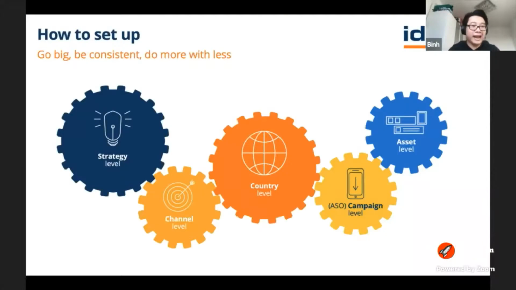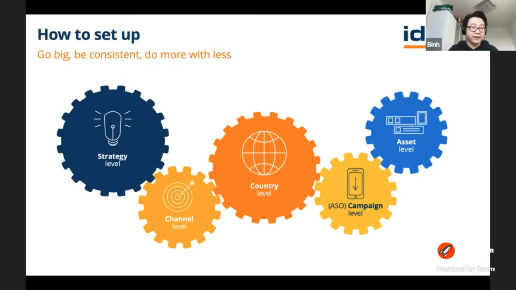So first of all, how do we set up at idealo? We set up these campaigns, these ASO campaigns, by going big, trying to be as consistent as possible, and trying to do more with less. We start all the way from the strategy level, as in what kind of concept we will be using, what kind of story are we trying to tell per campaign. And this is a big campaign, not just an ASO campaign. This is a kind of marketing campaign that the entire company, or at least the entire marketing department at idealo,